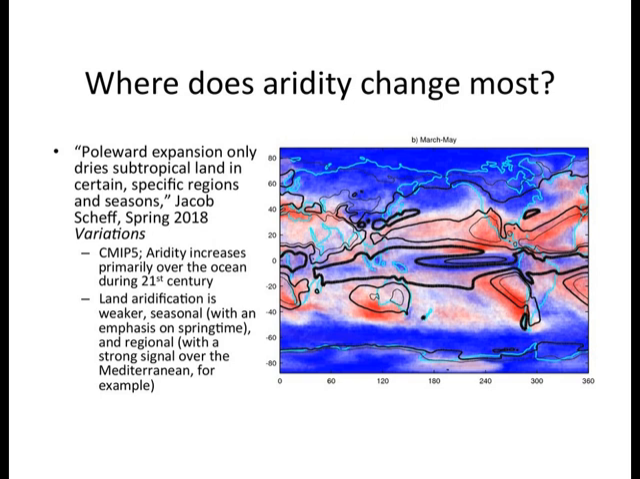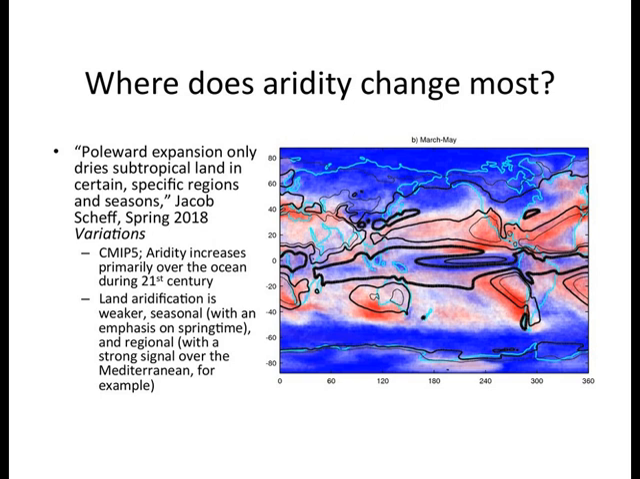And in our recent Variations newsletter, Jacob Scheff illustrated some of these regional impacts. Instead of looking at the sea level pressure ridge itself, Jacob looked at impacts in terms of aridity. So in his figure here, we're looking at March, April, and May climatological aridity in contours and trends simulated during the 21st century